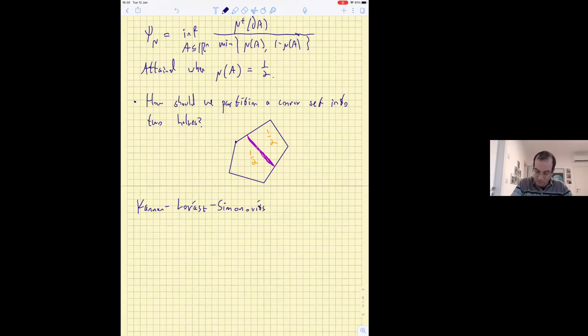Simonovits conjecture from '95. What they claim is that if you take a half space, it will not be the optimal solution, but it will give you a very good approximate solution. The conjecture is that, up to a constant,